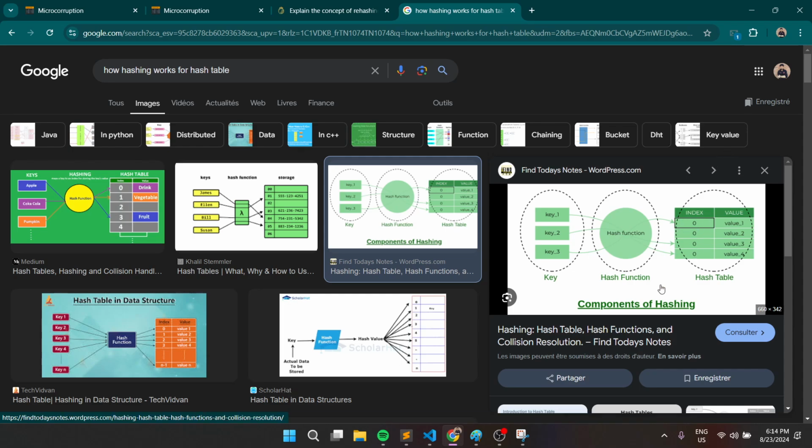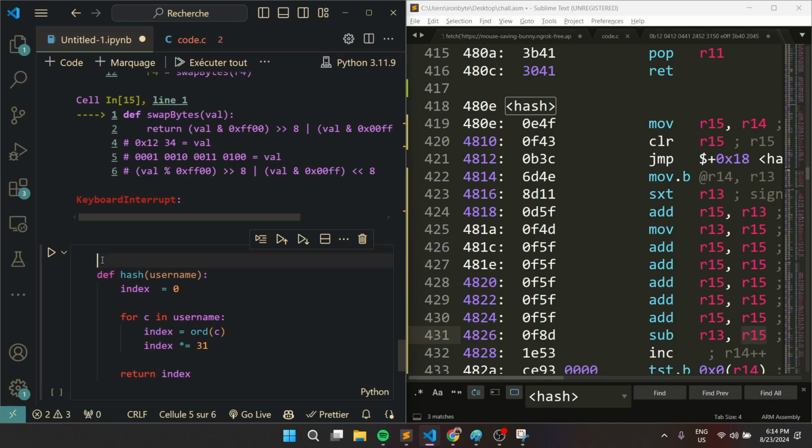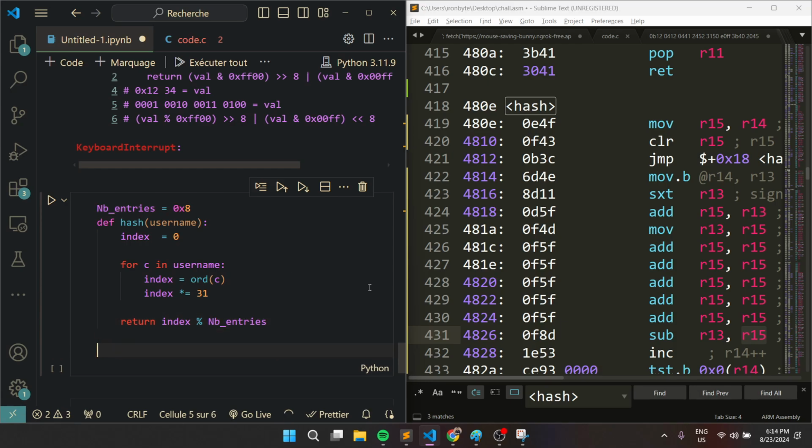In our case, the hash table has a size of basically 8 entries. So to get the result of the hash function within the range of the number of entries, we have 0x8 entries, and we want to return the index modulus. So we can just apply the modulus of the number of entries. And for example, if we send now, I'm going to be hashing